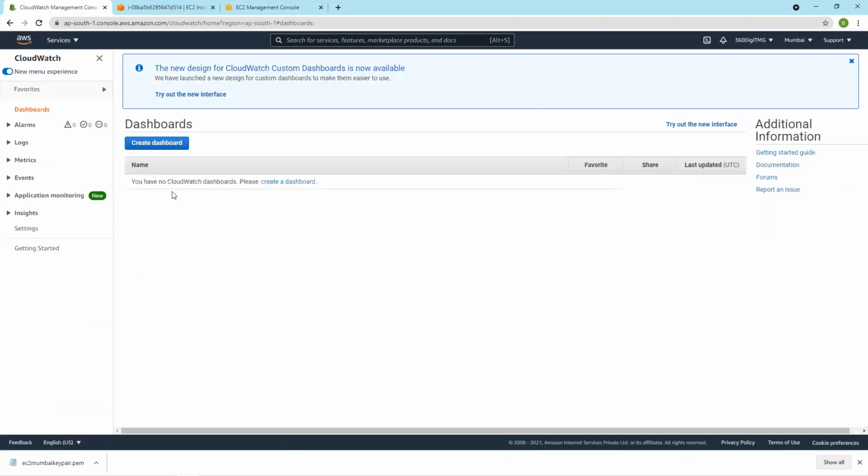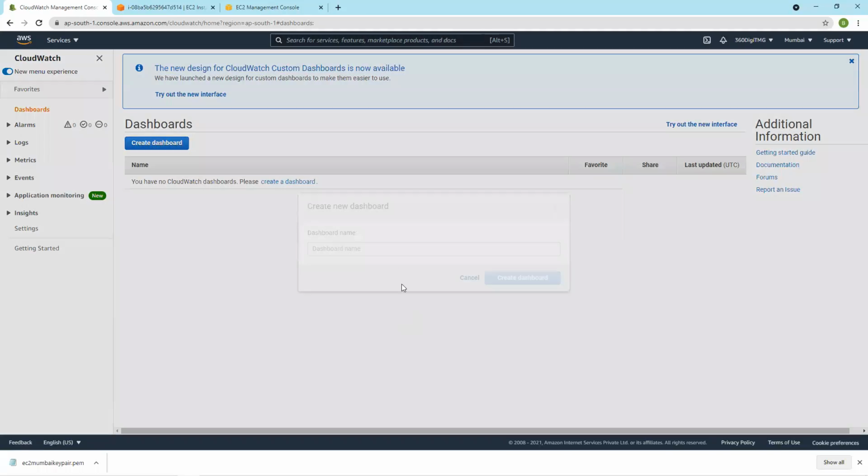And this dashboard is helpful for us. Suppose I am an admin. I want to monitor the resources that are there in AWS. And by default, CloudWatch does that. All I have to do is create my dashboard.